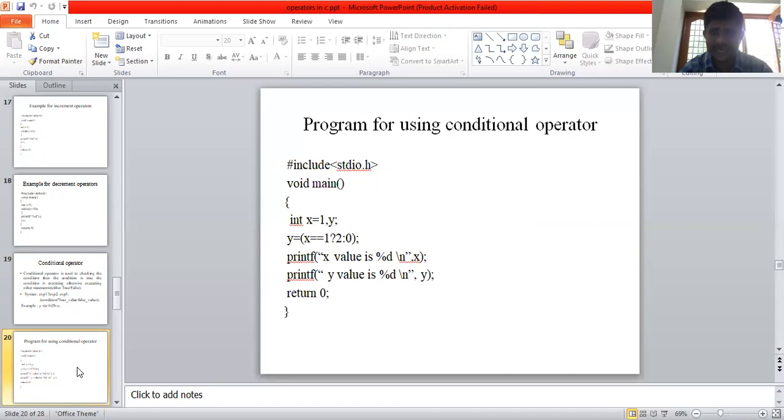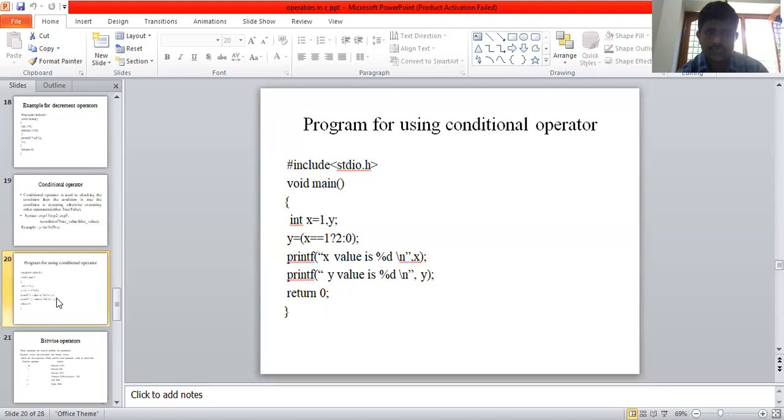The x value is printed directly by the print statement. The x value is 1. Then the y value is printed with percent d. The condition x equal to 1 gives 2, so the y value is 2. It displays the value 2. Return 0. This is the program for the conditional operator.